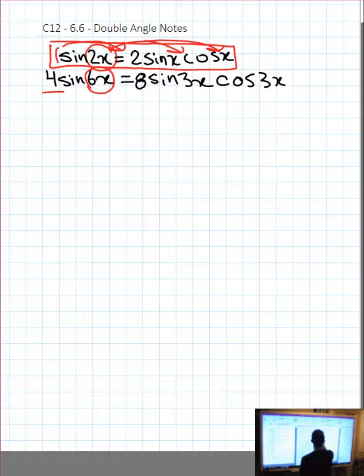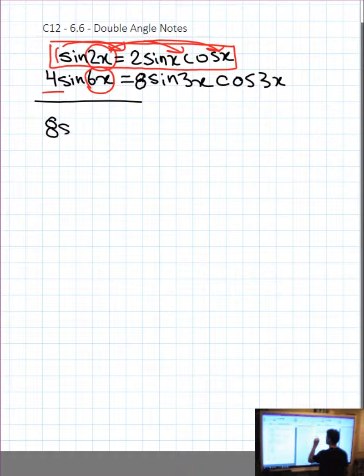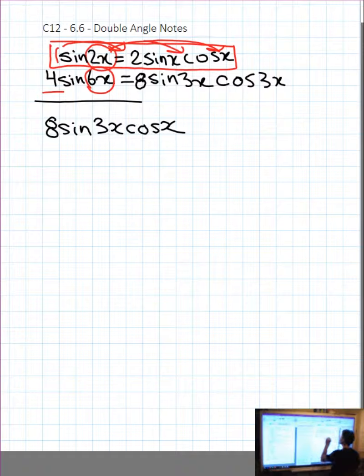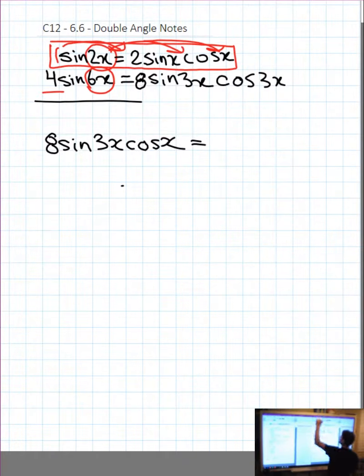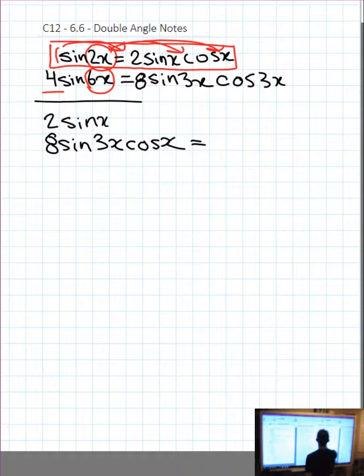So there's 4 different examples of that. Let's go back in the opposite direction. What if the picture says 8 sine 3x cos 3x? Well, that looks exactly like the question that we just did, or its answer, but we're doing it differently. If we see on our formula sheet that this looks like the right-hand side of the same identity written above in the red rectangle, then I'm going to write it in that fashion. I'm going to write the right-hand side first: 2 sine x cos x